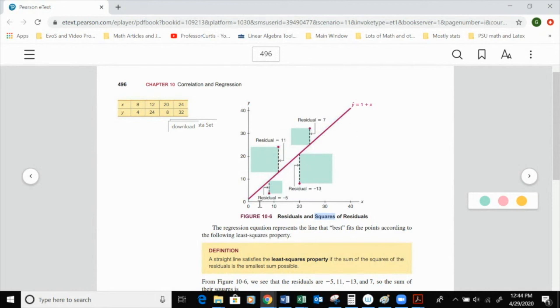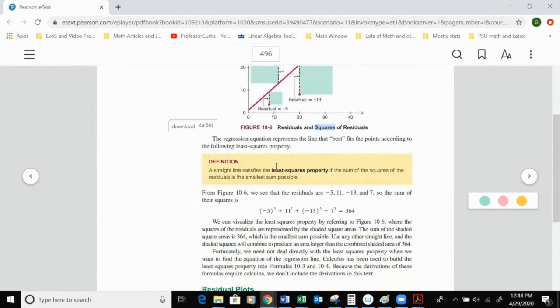Is this a good line? So before we said what we're looking for is the line of best fit. How do you decide that a line is the best fit? If the sum of the squares of the residuals is the least possible value. And we call a line that satisfies that a line that satisfies the least squares property. So we added these up, 25 plus 121 plus 169 plus 49, we got 364, and the claim is made, and you could check it,